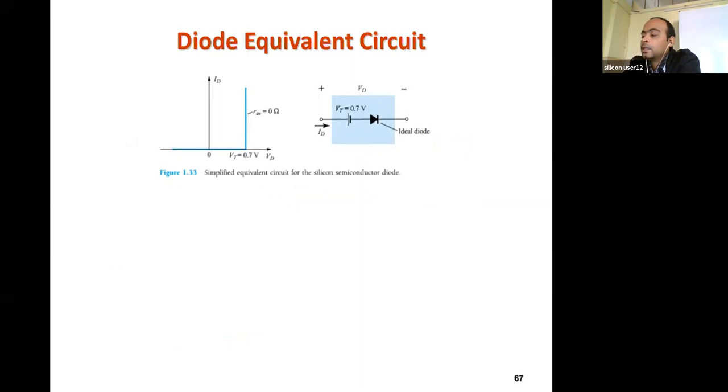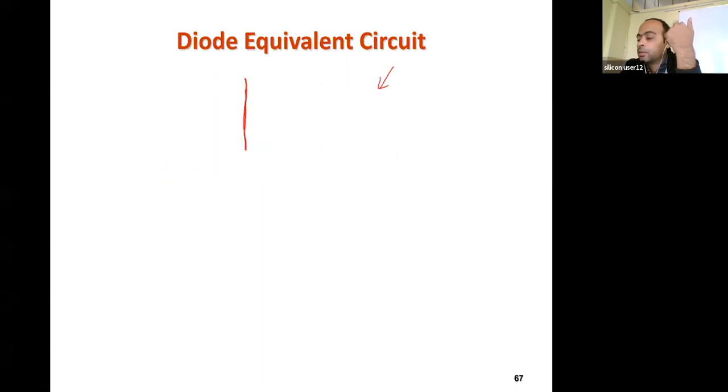Now in some cases we assume that the average resistance Rab is 0. Whenever you think that, when the diode is conducting, it is conducting infinitely, or the diode is short circuited. That indicates that the current is infinite after 0.7 volt, meaning the diode has no resistance. When it starts conduction, it is not providing any resistance. So that's why its current is infinite after 0.7 volt, and in this equivalent circuit there is no resistance. Just compare with the previous figure.